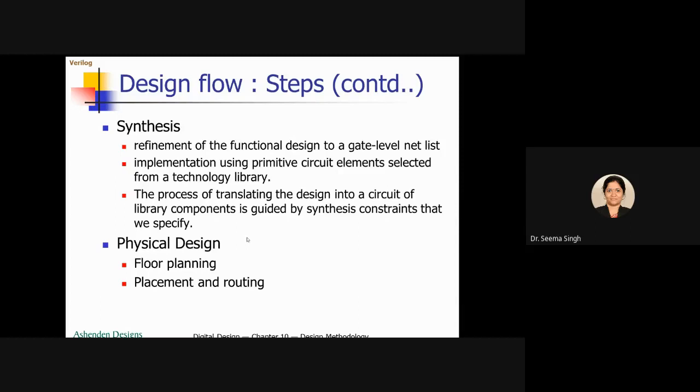So physical design is the last step for manufacturing. What is done in this is floor planning, how the things will be there in the PCB, the embedded system. Then placement means placing of each gate, and routing means the connection between each of that part. So the first step, the floor planning, involves deciding where each of the blocks in the partitioned design is to be located on the chip.